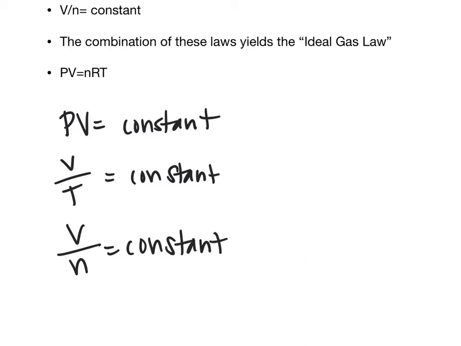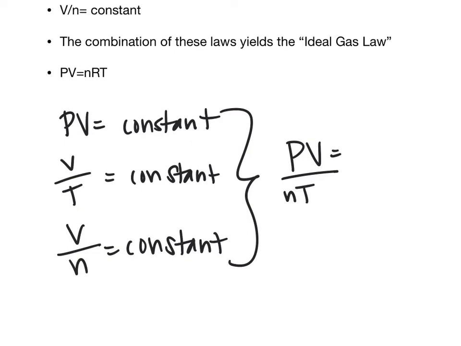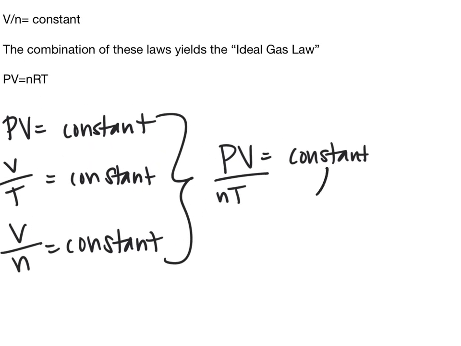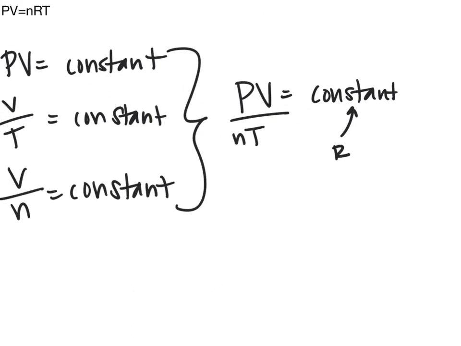So these three laws, you can combine them together to give you PV over nT is equal to a constant, which we have labeled R as the gas constant. And so R gives us the equation we're likely a little bit more familiar with of PV equals